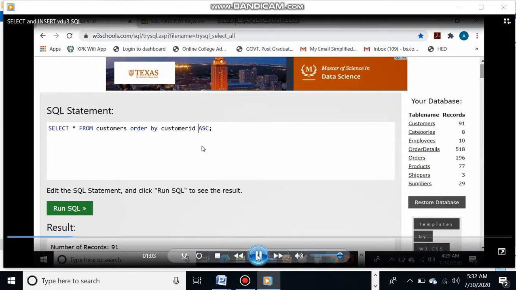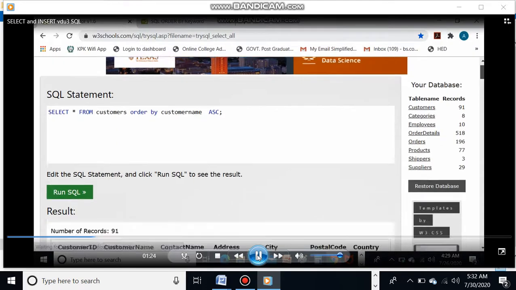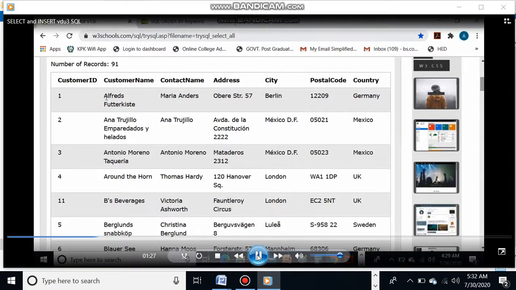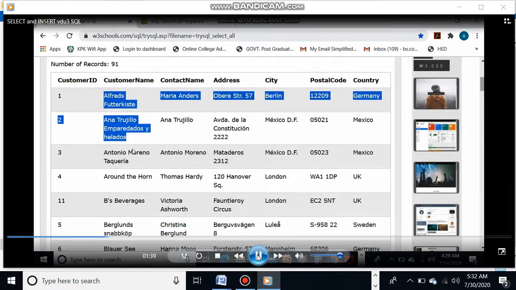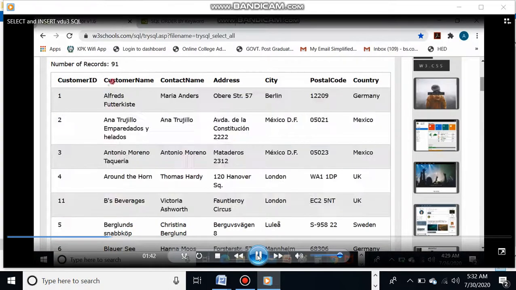Okay, now if we want to order by some string field in ascending or descending, we can do it. Customer ID was numeric. Now for the customer name, which is a string field, which has names in ascending or descending. So now look at this, the customer names starting with the alphabet A are first, then B, and then C, and so on. So this is in ascending order. Okay, if we change it to descending,